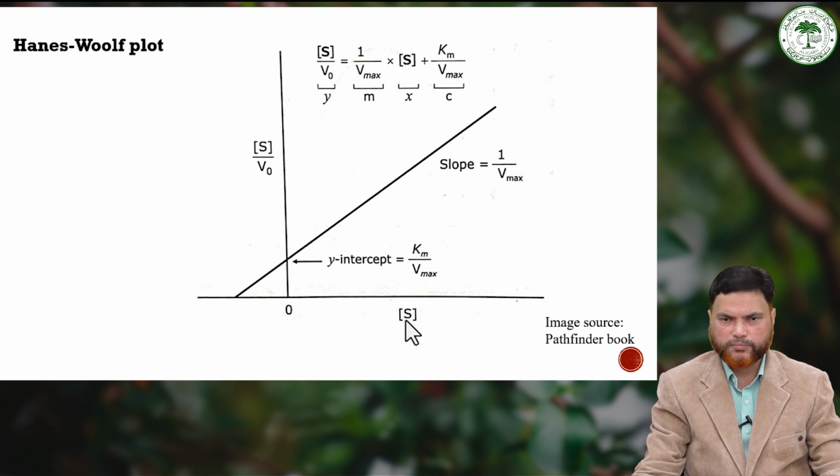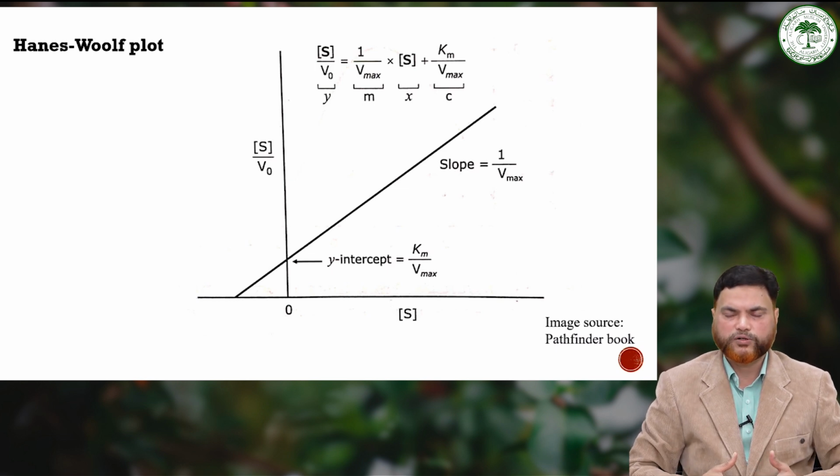Basically the Hanes-Woolf plot is based on rearrangement of the Michaelis-Menten equation. It is generally considered more accurate than the Lineweaver Burk plot for the determination of kinetic parameters, and it aids in understanding enzyme kinetics by providing a clear visualization of how different factors such as inhibitors, enzyme substrate interaction